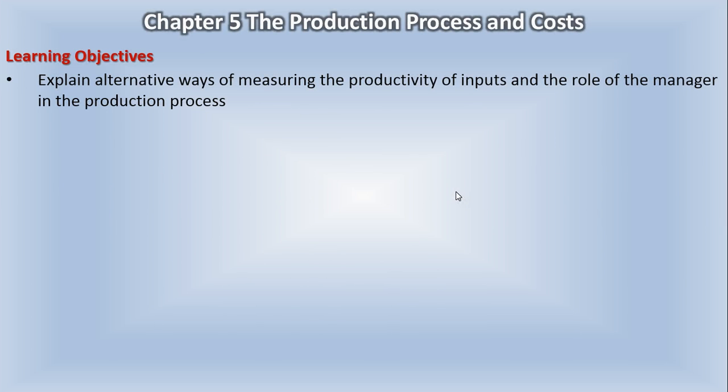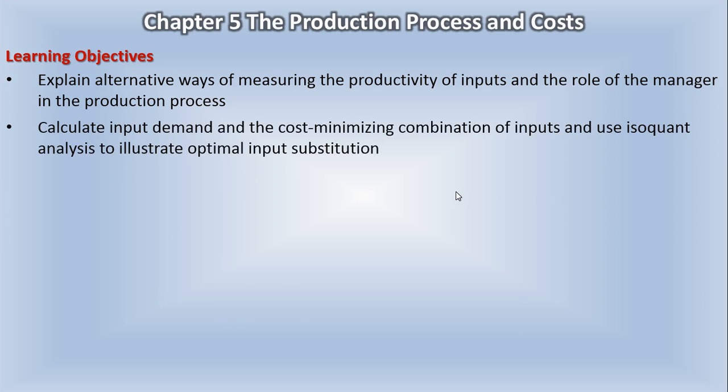All right, so in this chapter, we're going to explain alternative ways of measuring the productivity of inputs and the role of the manager in the production process. We're going to calculate input demand and the cost minimizing combination of inputs, and use isoquant analysis to illustrate optimal input substitution. So essentially,